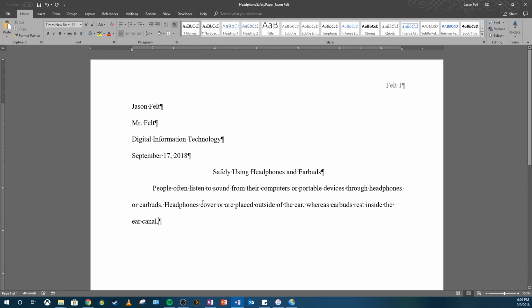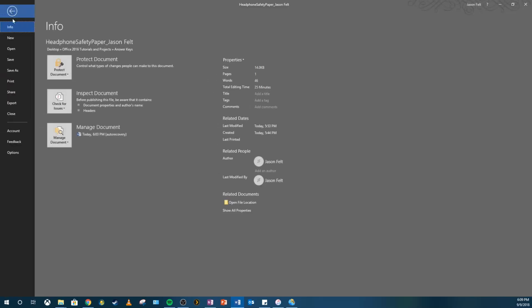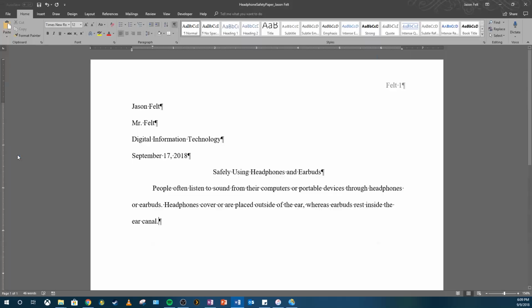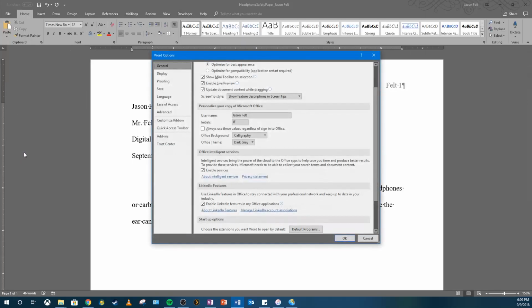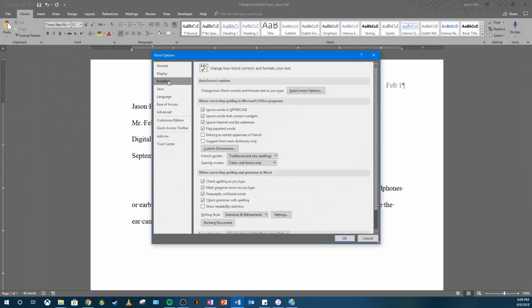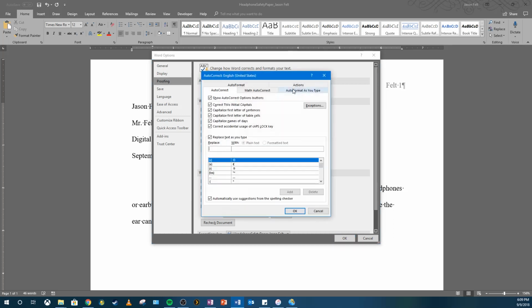Okay, so now I'm going to show you how to create an autocorrect entry. We're going to go up to File, up to the ribbon, and then go down here to Options. In our options, we're going to click the Proofing tab, and we're going to go to Autocorrect Options. And then we're going to go right here to where it says Replace. We're going to replace